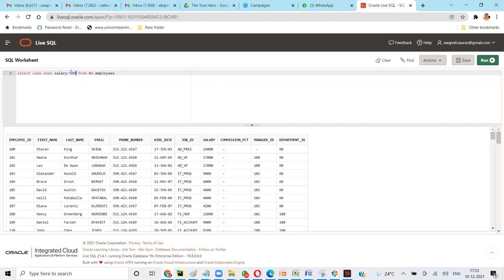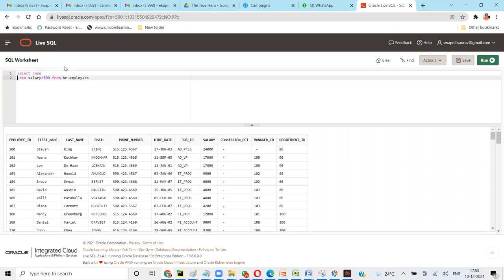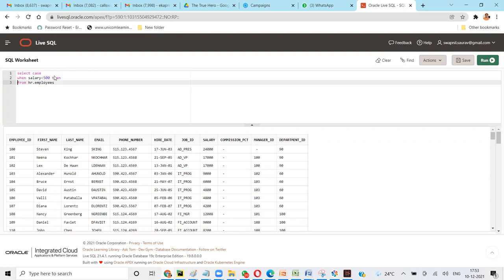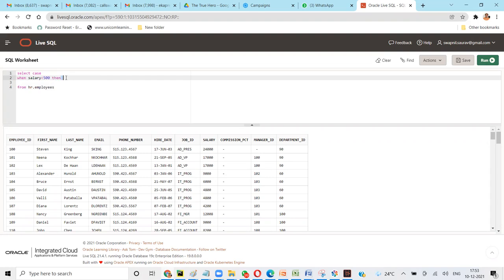When, then, the multiple conditions you can give. So case when, then, when, then. This is how you should remember it. Select case when salary less than 500, then salary grade A. You want to have one more condition.